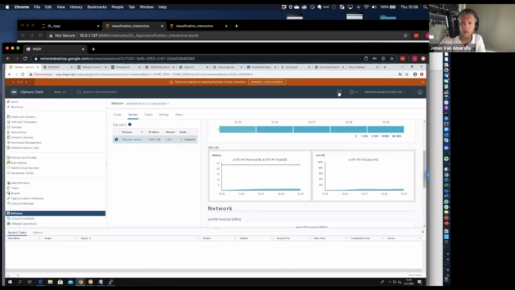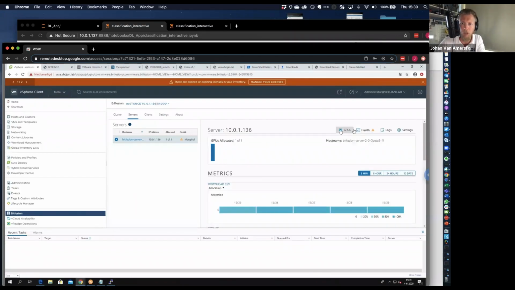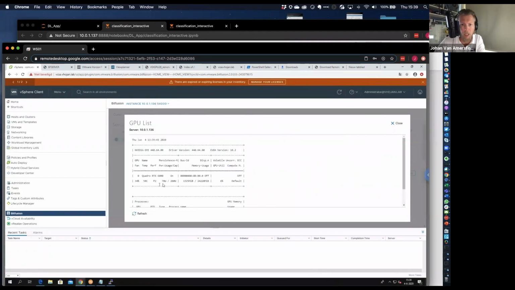The bigger the data set, and the bigger the individual pictures in the data set, obviously the higher the utilization will be of both your GPU as well as your frame buffer. What I'll do to show some actual information is go back to the GPU section. And now you can see that it's utilizing 70 watts of power consumption. There's 1.3 gigabytes of frame buffer in use, and the GPU utilization is around 6% at the moment. When we refresh it, 8%, 4%, 7%,